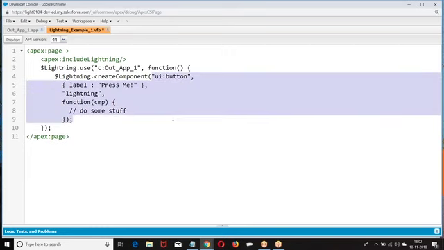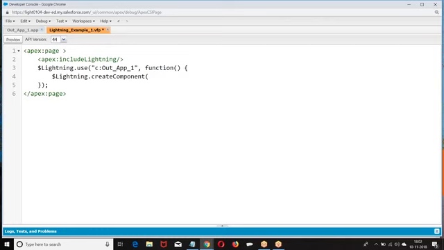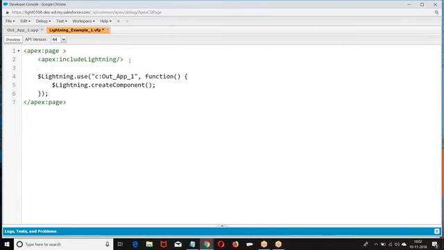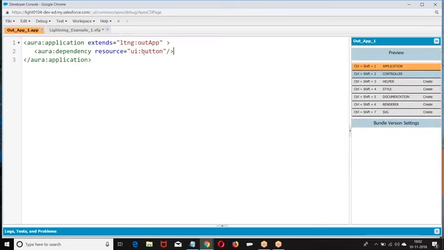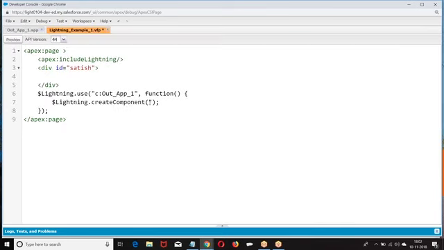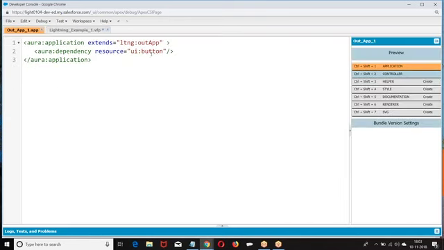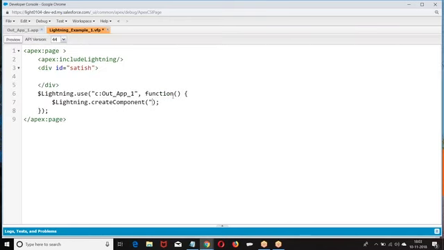Maybe I will type it to avoid confusion here. In this application, create the dependent resource. What is the dependent resource we had? The name of the component which we are creating, ui colon button. What is the name of the resource? ui colon button, one of the standard components they are creating.